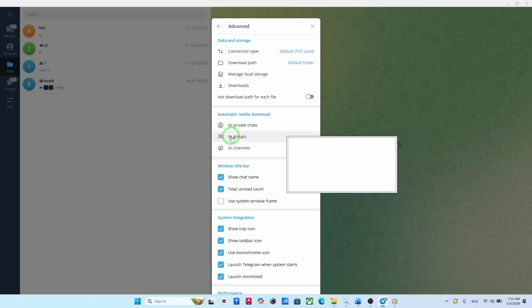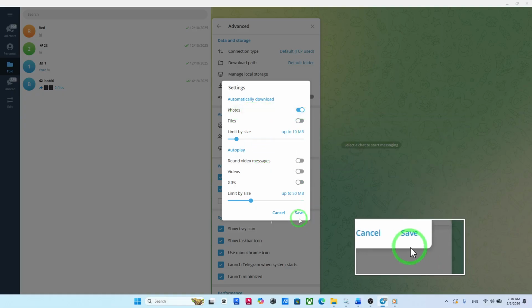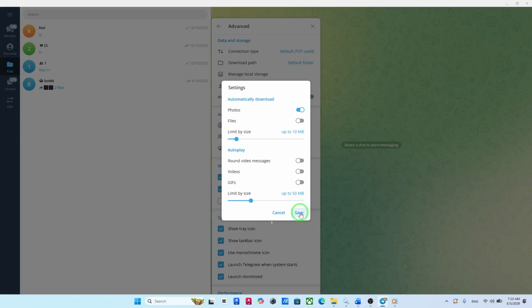Next, look for the option labeled In Groups. This is where you can manage how media is handled specifically in your group chats. Click on In Groups, and you'll see different media options. Here, simply enable the Photos option. This tells Telegram to automatically download photos whenever you're in a group chat. After turning it on, don't forget to click Save to apply your changes. And that's